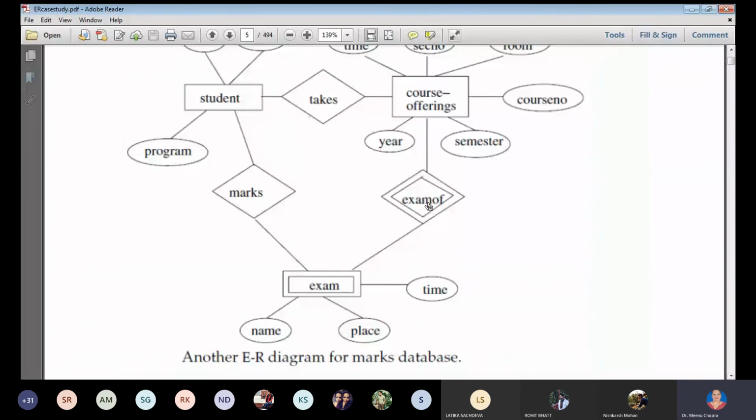So now this is a weak relationship, this is a weak entity and weak entity depend upon your course. So course में आप registered हो रहे हो और वो course offering में आप exam उसका ले रहे हो and the exam has name, place and time and each student has a marks associated with the exam. Obvious है जब तक student नहीं होगा तो exam नहीं होगा. So that is also dependent upon students. So students are strong and this is your weak. Fine. So it depends upon कि आप कैसे लेते हो.